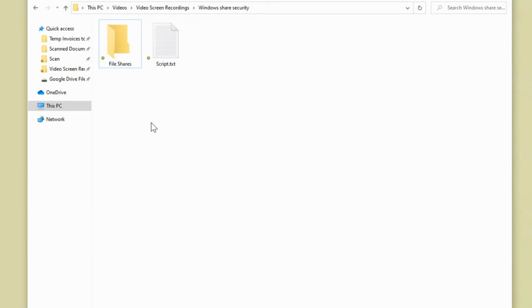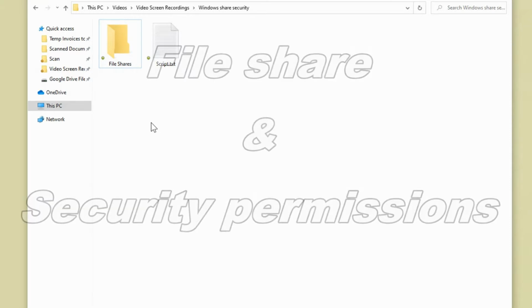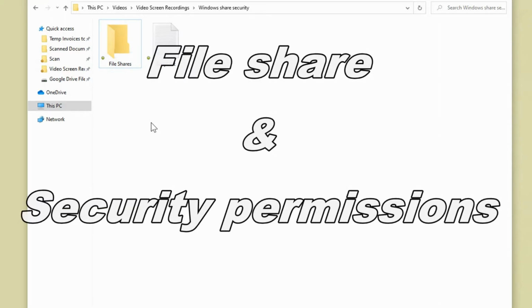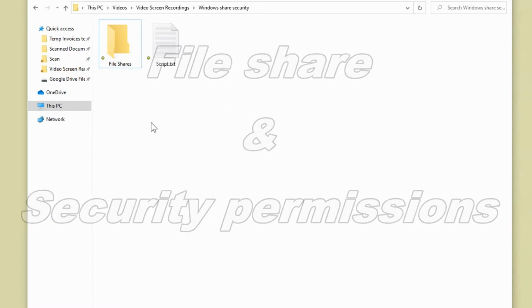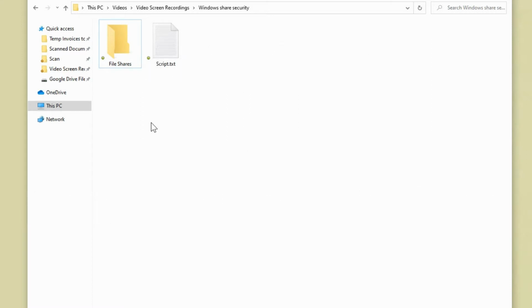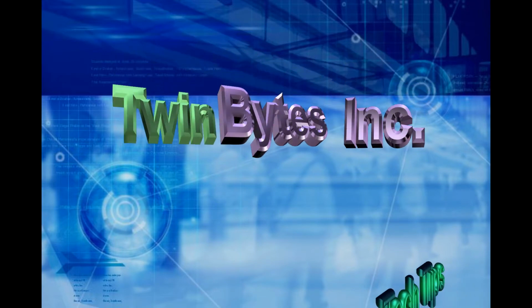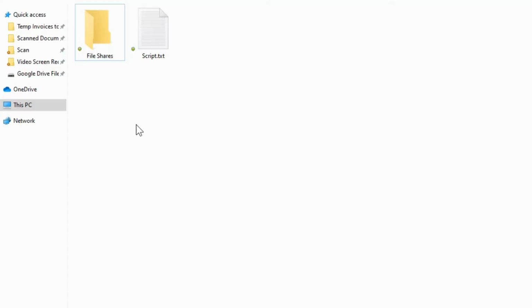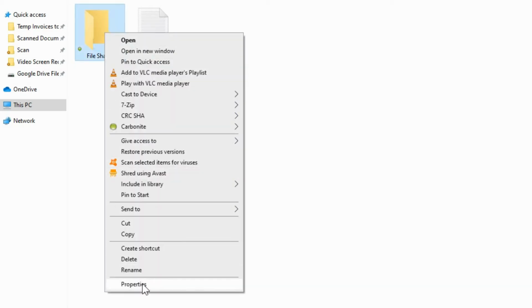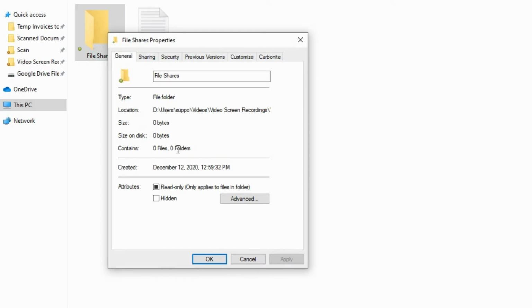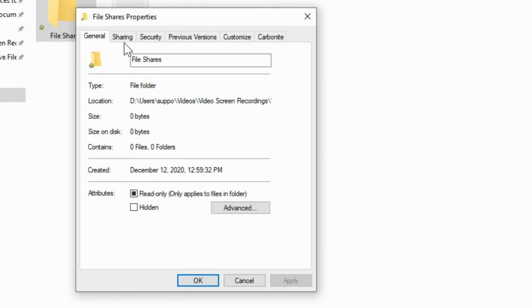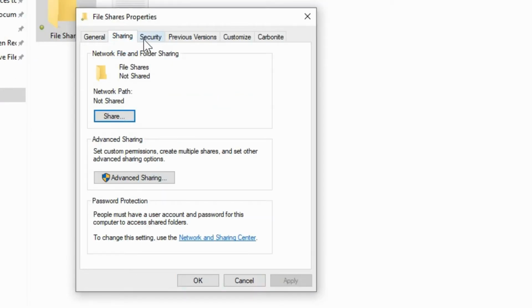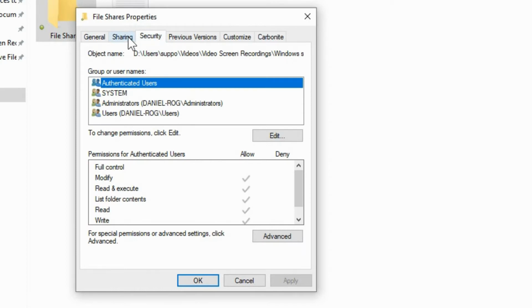This time I'm going to show you how to change or set security permissions in Share on a folder that you want to either set up as a brand new share or modify an existing share's permissions to gain access to on a network. So what we're going to do is I'm going to use this folder as an example, go into the properties of it, and there's two tabs to be aware of. There's the sharing tab and there's the security tab.